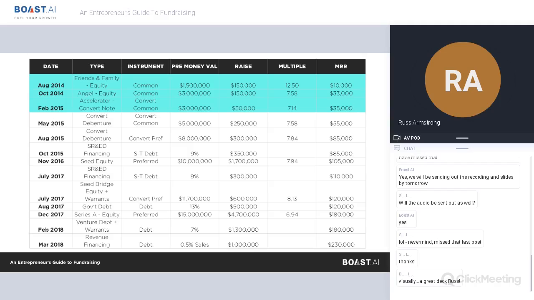We decided to pursue an accelerator route in San Francisco. We joined the Acceleprise group. They have offices in New York, Washington, and San Francisco. We decided to do that to get some proof of concept and get some guidance from the best minds in the world about growing our company as fast as possible.